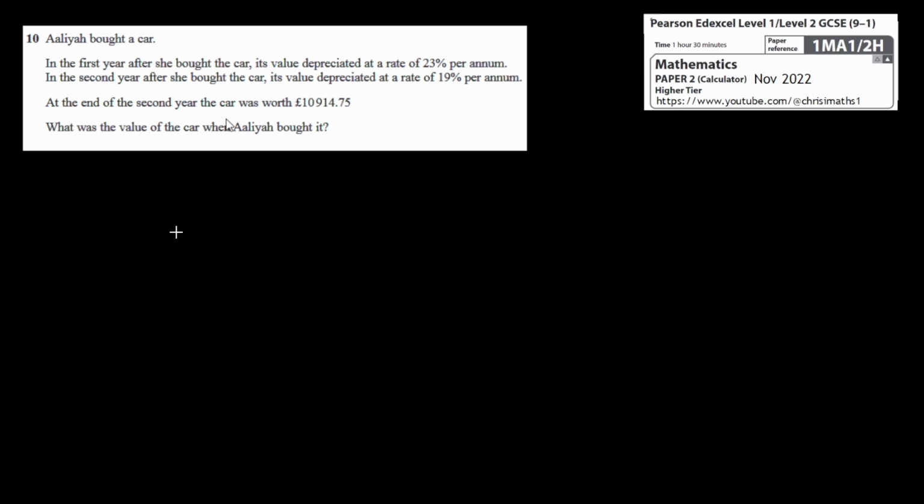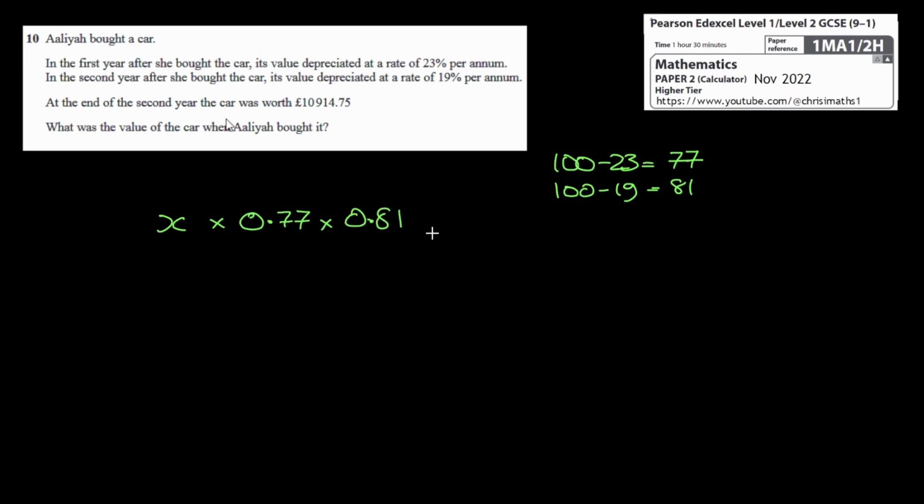£10,914.75. So let's assume we start off with the car's value of X. We multiply by the first year depreciation. Now 100 minus 23 is 77. So our multiplying number here is 0.77. And 100 minus 19 is 81. And then we multiply by 0.81. And this is equal to the resultant price of